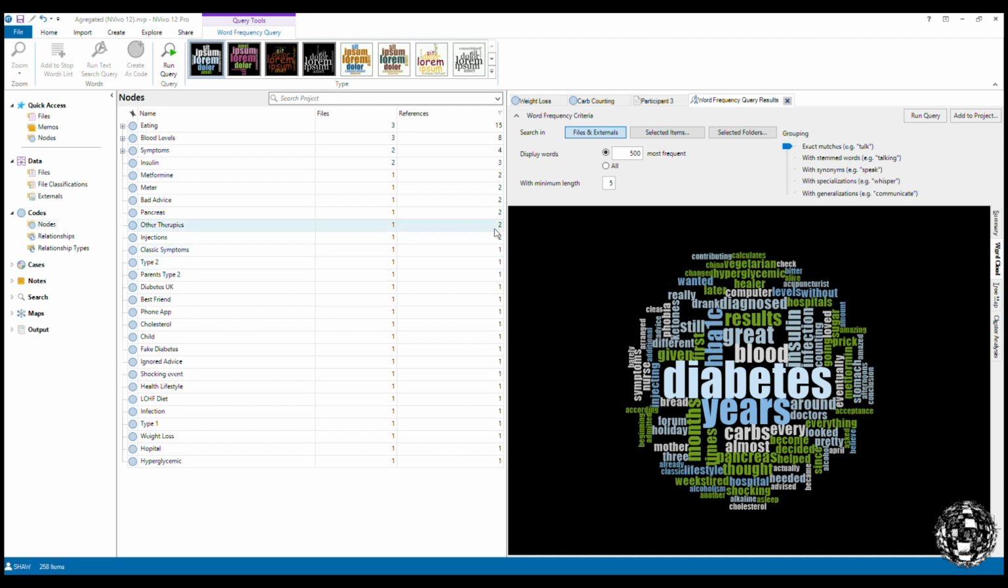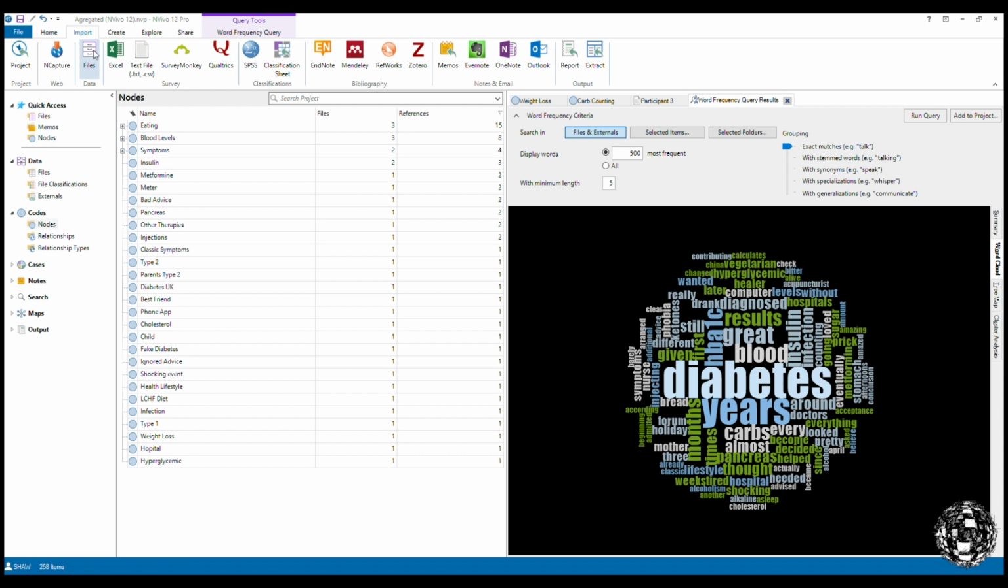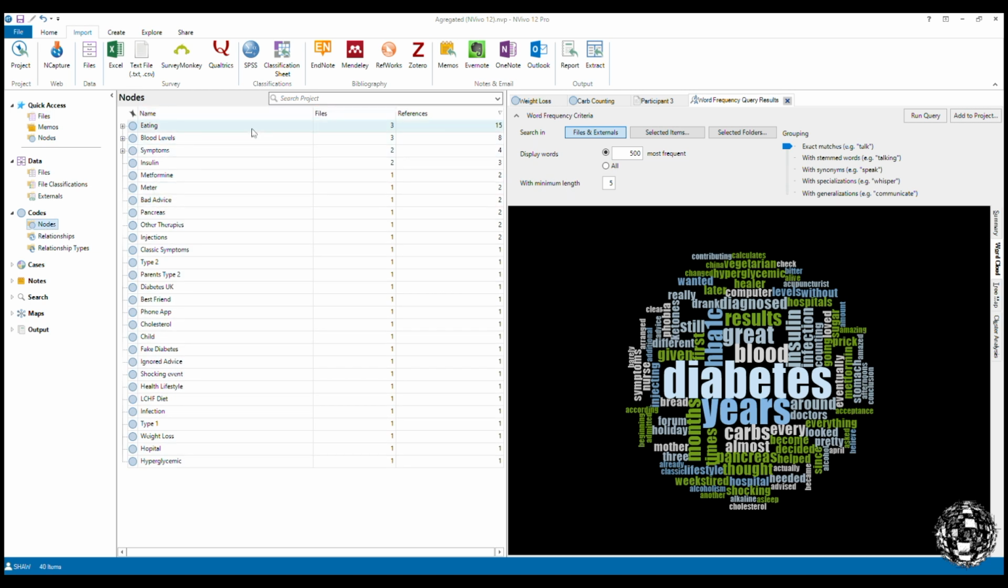So, in summary, what we've done so far is looked at how to create a document if you want to embed the data within NVivo itself, or import the information as a Word document. We've looked at the different files that we have and the different nodes. The recommendation is to aggregate the data, having looked and cleaned the information that you have